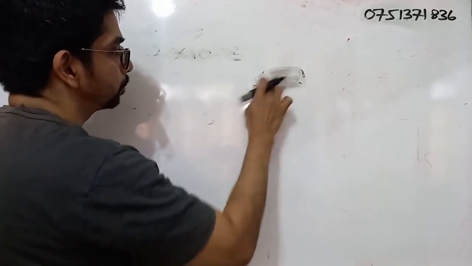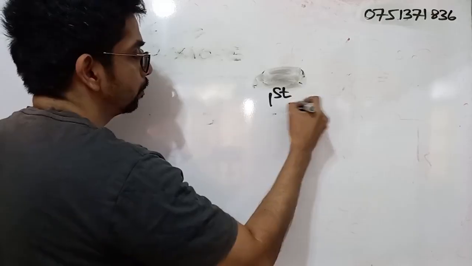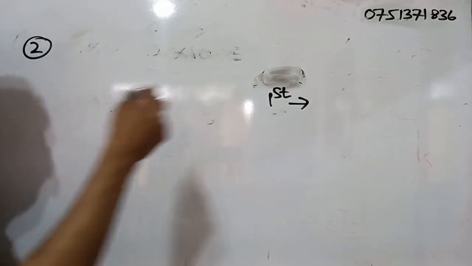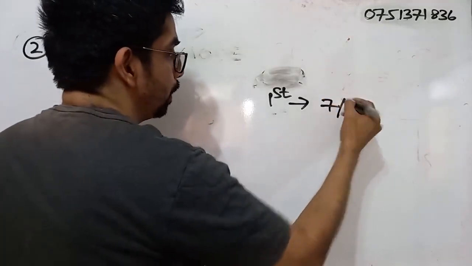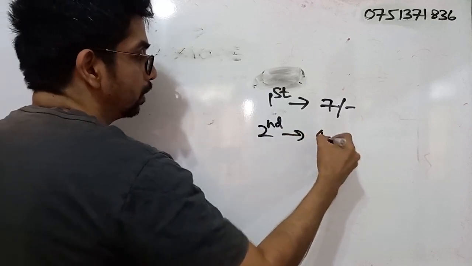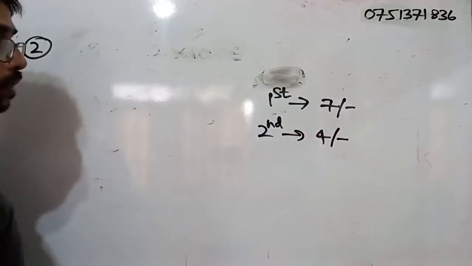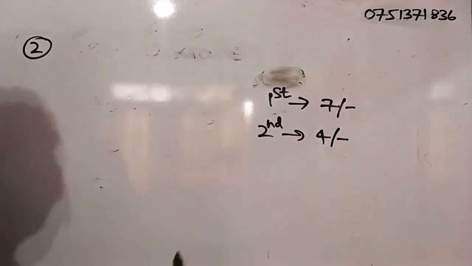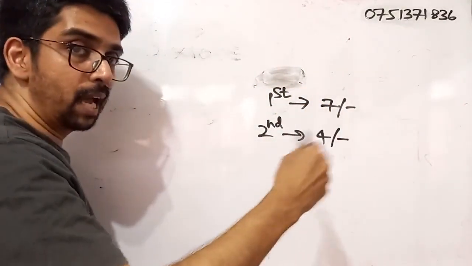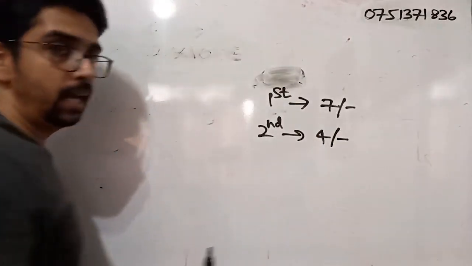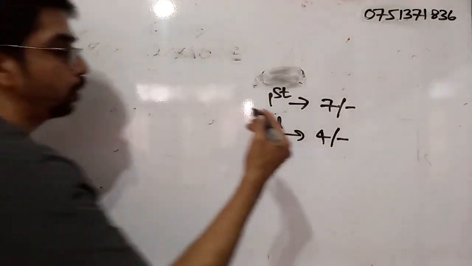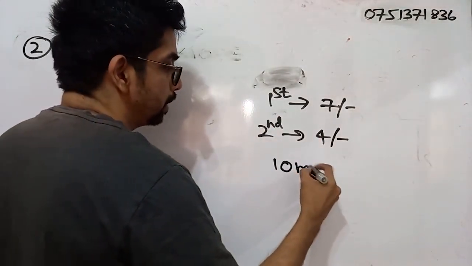Rates ටික තමයි first minute. For the first minute, what is the rate? For the first minute, the rate is 7 rupees. Right? Then from second minute onward, it is 4 rupees. පළවෙනි විනාඩියේ රුපියල් 7යි දෙවෙනි විනාඩියේ ඉඳන් වැඩි වෙන හැම එකටම මොකද වෙන්නේ? රුපියල් 4යි. So here, what are the total number of minutes? 10 minutes.